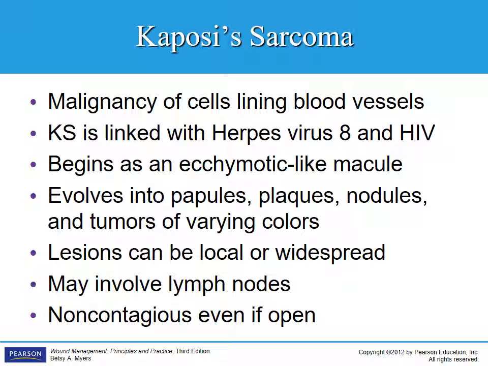Kaposi sarcoma is malignancy of cells lining the blood vessels. It's linked to herpes virus 8 and HIV. It begins with a macule and evolves into papules, pustules, nodules, and tumors of various colors. They can be local or widespread, and they may involve the lymph nodes, but it is not contagious even if